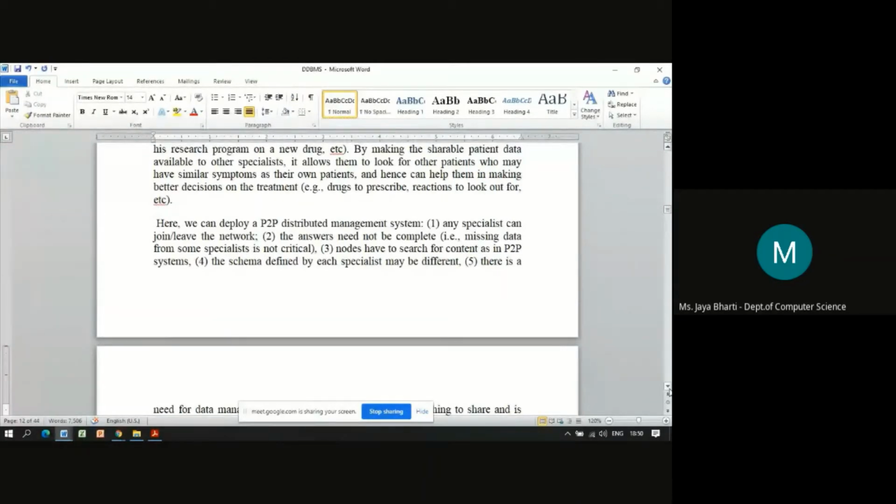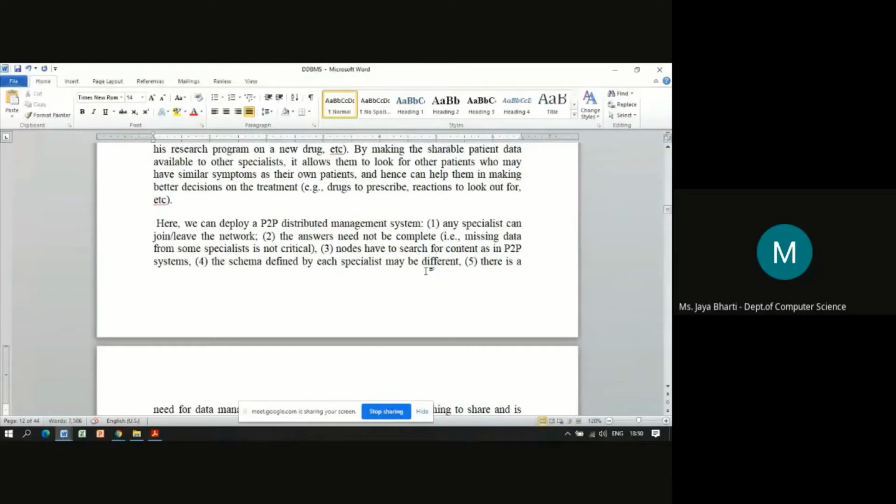Okay, so for this scenario, here they have deployed the P2P distributed management system, that is peer-to-peer. Now, these are some of the assumptions or restrictions which they have put in place. First, any specialist can join or leave the network.